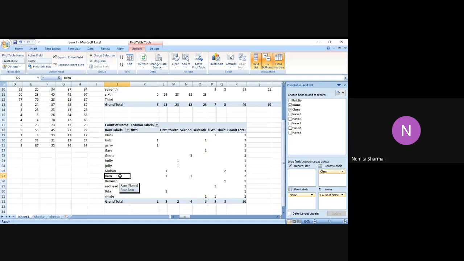So if you go back to this, you see there are different commands. They're more or less the same, but with some differences. So you have extra commands as options and design, view, review, data, formulas, page layout, insert, and home was already there. So the two extra commands that are added in the pivot table are options and design. So if I go to the design option, let me just click on this.